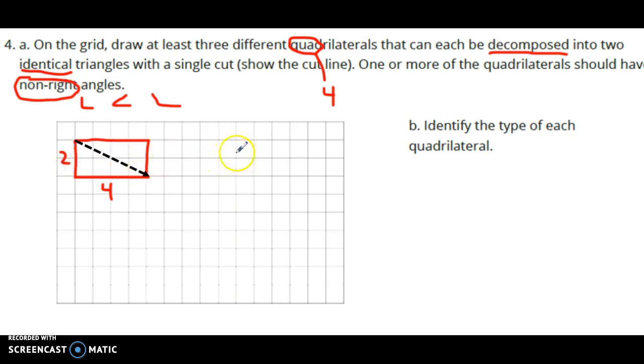Okay, now let's try one that does not have right angles. So I'm going to start with my points. What if I were to connect this point? I'm going to count 1, 2, 3, 4, 5, 6. This point. And then if I were to count back 1 here and 1 here, I connect these lines like so. Oh, sorry, I'm actually going to use my line tool because I'm having a hard time. Like so, 1,